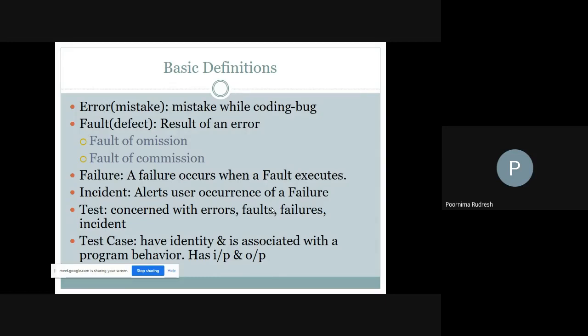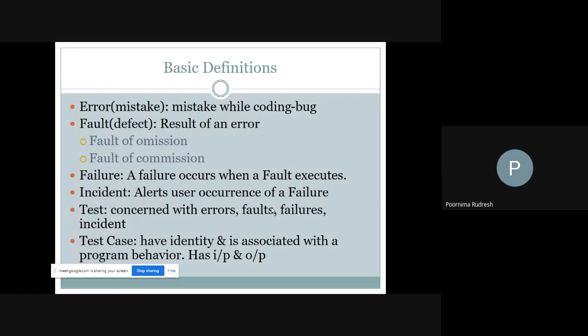So what is an error? Error is basically a mistake, and people make the errors or people make the mistakes while performing the functions, or while writing the code, or while doing some task, right? So mistake is what? Mistake is something that we have done while writing the program, or while doing some work.